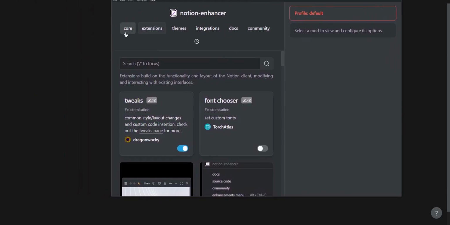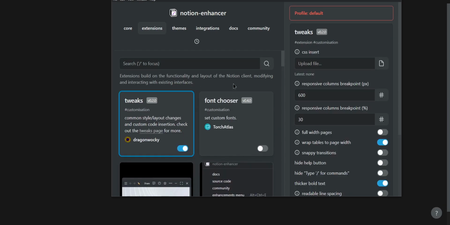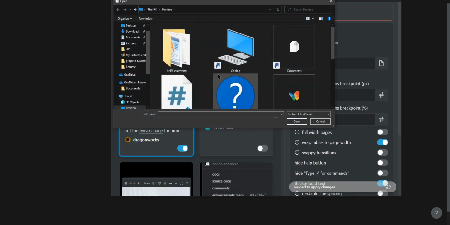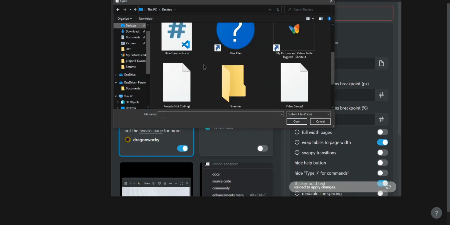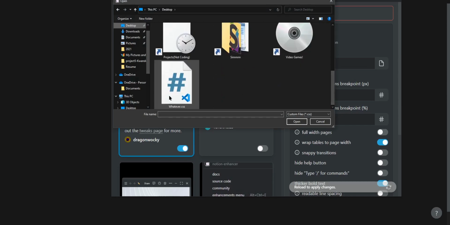And over here, you have all this stuff. None of this stuff matters, but click over here in Extensions. You can either scroll it or search it, but it's right here, Tweaks. And you enable it, clicking over here, and then you upload file, and then you find the file. Here's my file. It's called whatever.css, and double click,